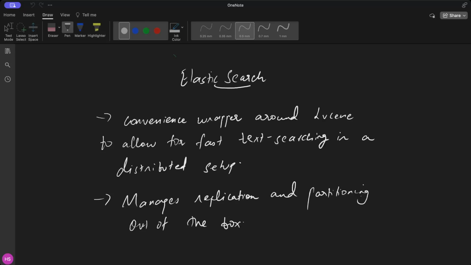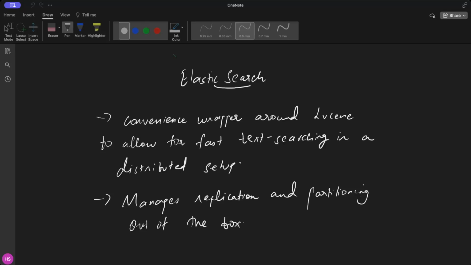If you want to scale it across nodes in a distributed environment, you will have to individually deploy the Apache Lucene instances across the different nodes, handle partitioning, handle load balancing across these nodes, and also handle replication all by yourself. But if you were to use Elasticsearch, all that is managed. It manages the replication and partitioning. So you just have to provide configuration details about the nodes in your environment, and the Elasticsearch process takes care